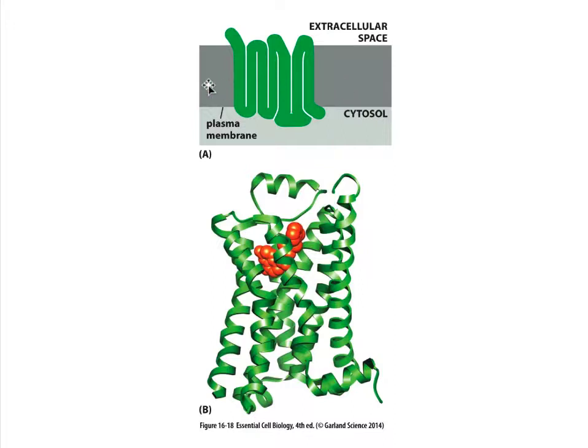Therefore, they're known as 7-pass proteins, or heptahelical proteins. Hepta means 7. Helical means they have 7 helices. And each one of these is a helix, as you can see down here. The binding of a ligand to the extracellular surface causes a corresponding change to the cytosolic surface, and that's the